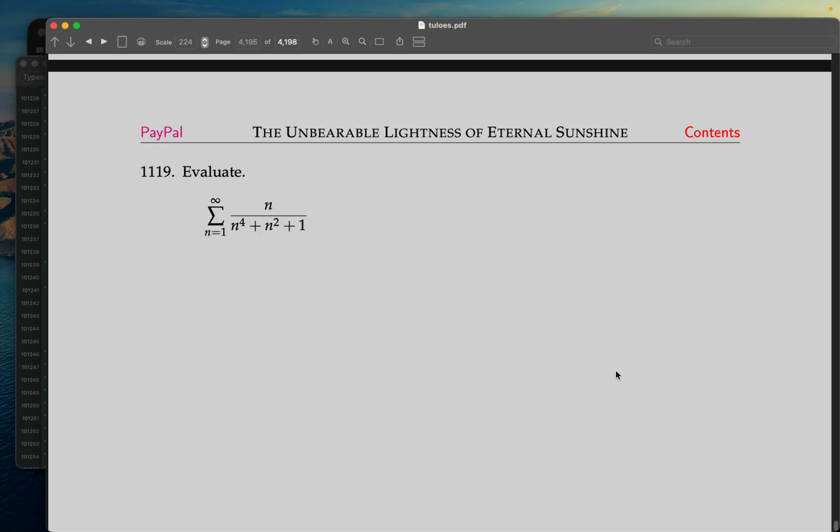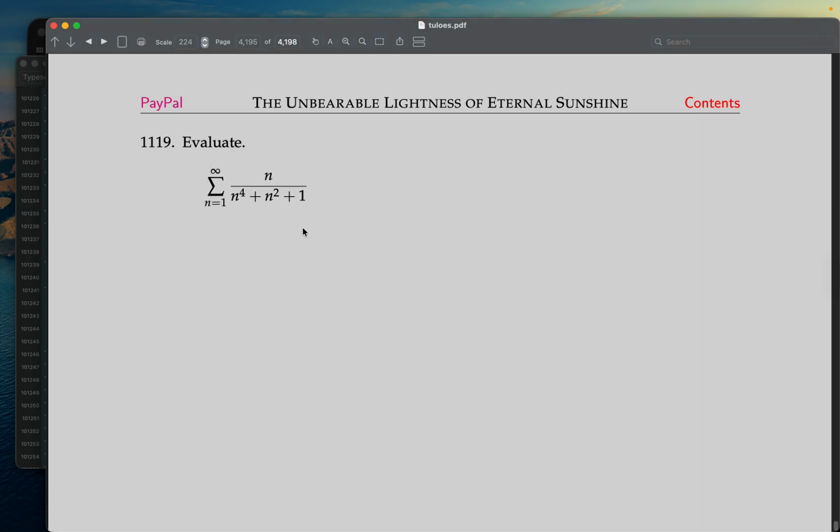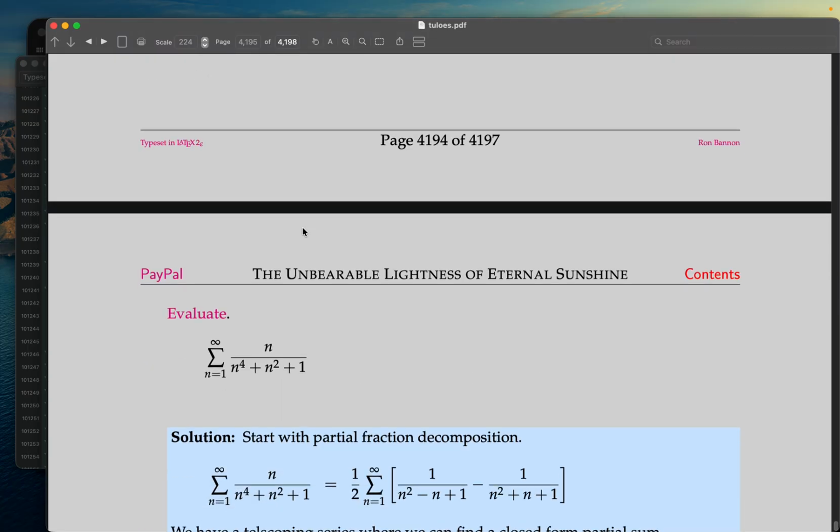Okay, problem 1119. It wants me to evaluate this infinite sum. Certainly the assumption is it's convergent, and we went to the whiteboard, and what we did is we did what's